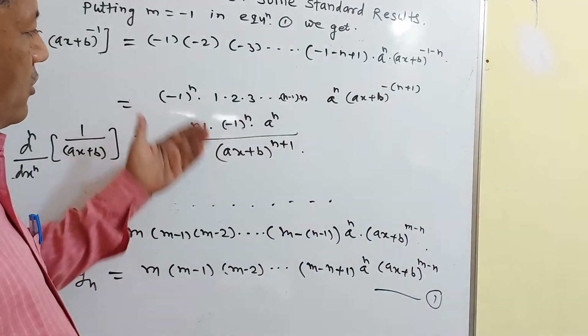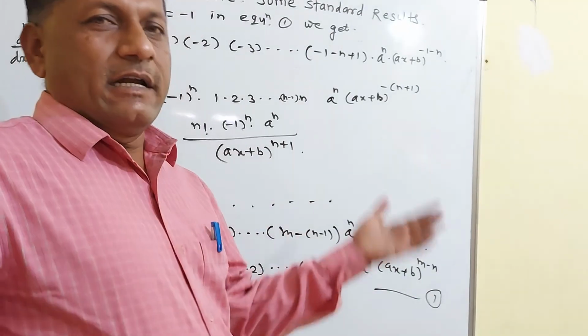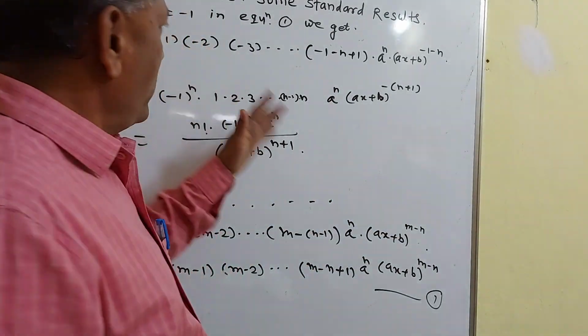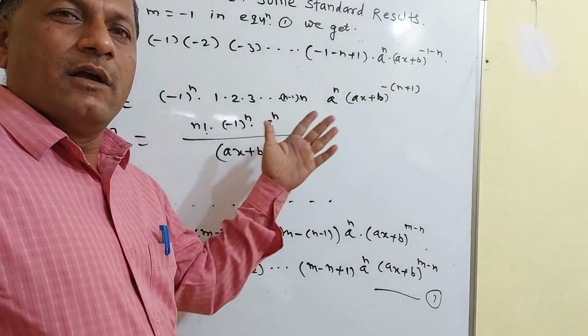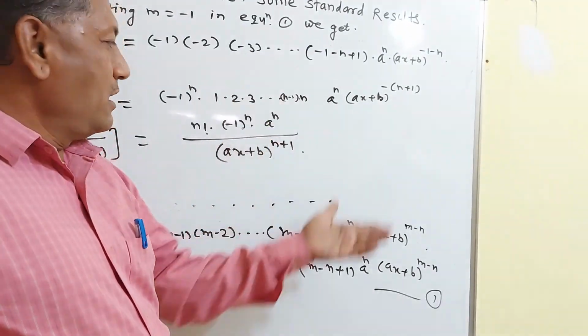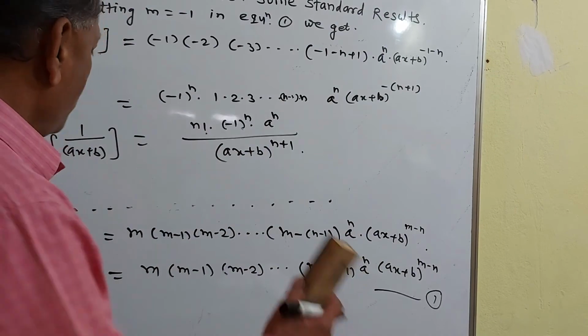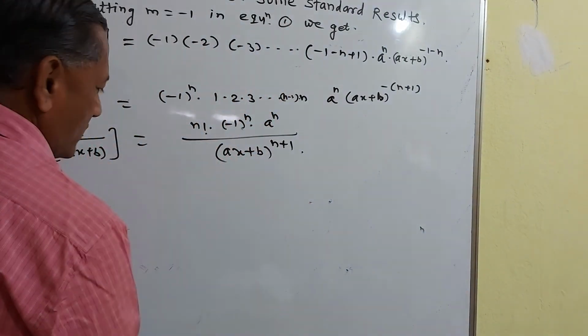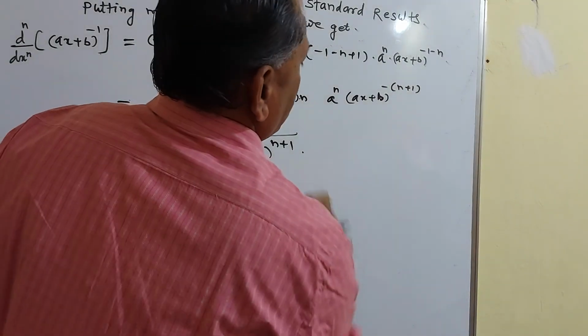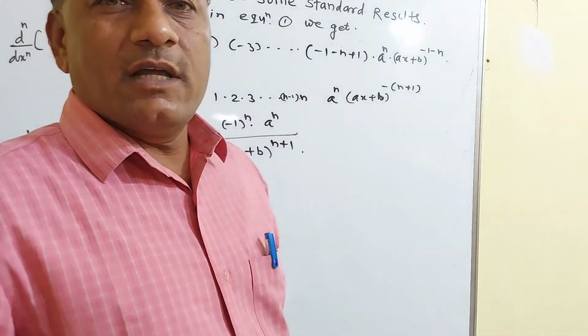You put any value of n, n is equal to 10, n is equal to 100, 1000. So using this formula, you can find its nth derivative, or the 15th derivative, or the 100th derivative. So using this formula, we will see some examples in the next lecture. So we stop here. Thank you.